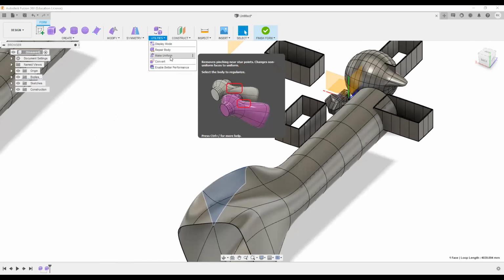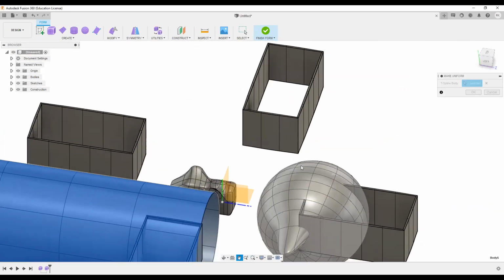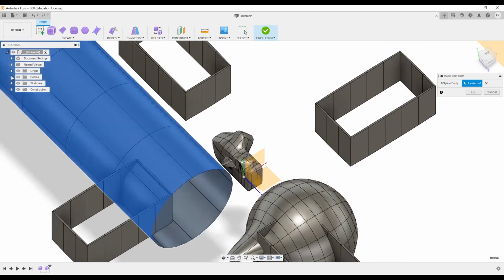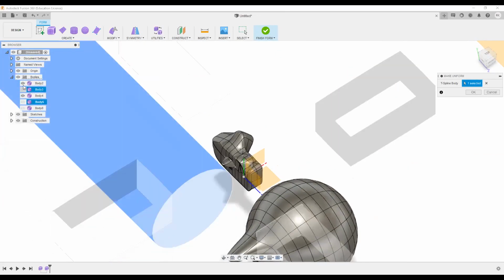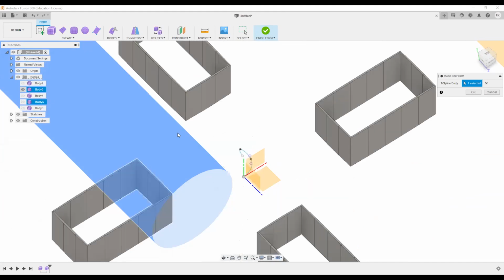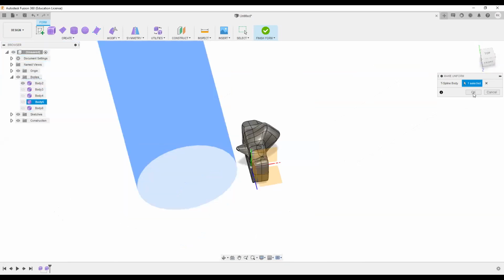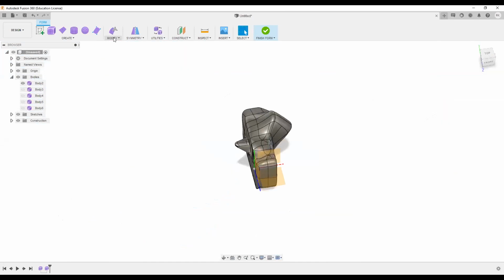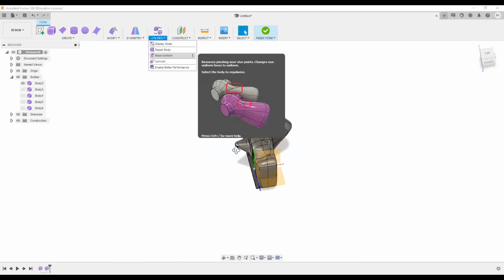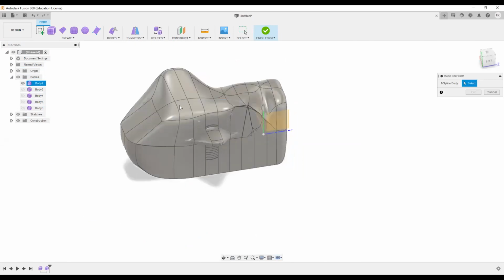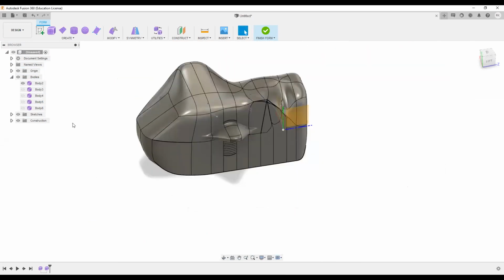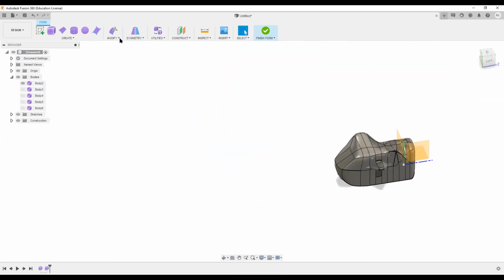And then there is the make uniform tool. For example, let's take this example. I'll select this make uniform thing. No, it won't have any effect on this example.